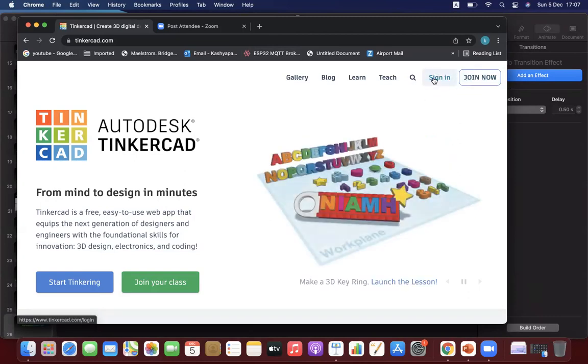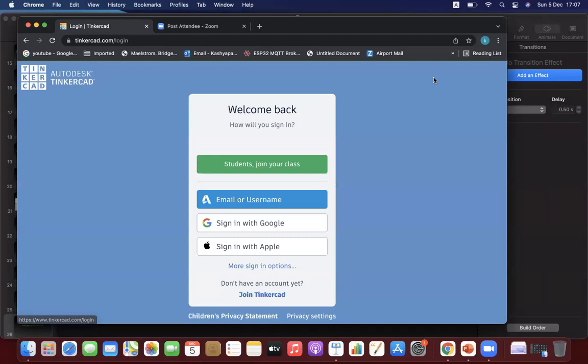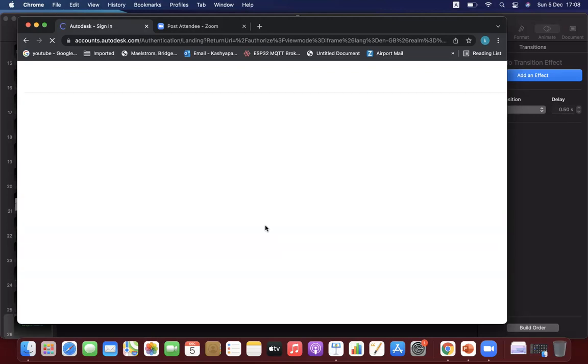So I want you to select this sign in, right? And then you'll be getting a page like this, right? You all have this page? Yes, sir. Right, brilliant. So in here, I want you to sign in with Google, right? Which means if you have logged in with your Google, then when you press this, automatically it will go to a window like this.